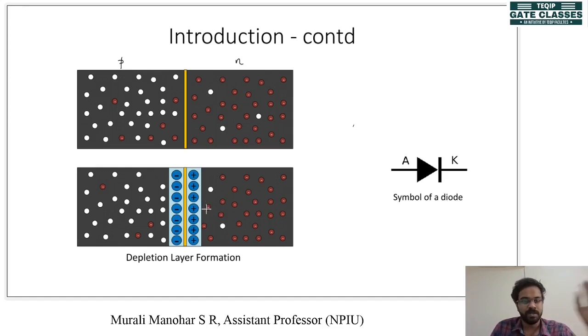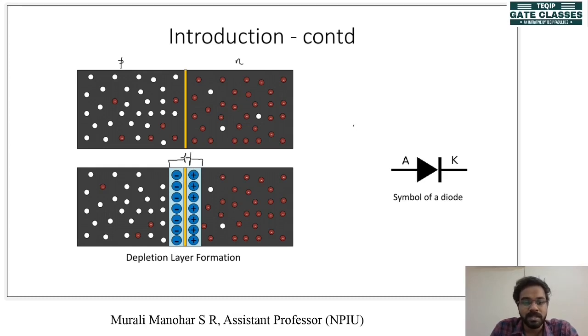And because this recombination occurs, at the n-type we'll have some positive ions, and at the p layer we'll have some negative ions. These were the atoms that were associated with the free electrons and free holes. Now as free electrons and holes are recombining, these atoms will get some charge, and these atoms are now ions. Because of these ions, there will be a potential across this junction. So here we have the positive potential, here we have the negative potential. So there is a potential across this junction.